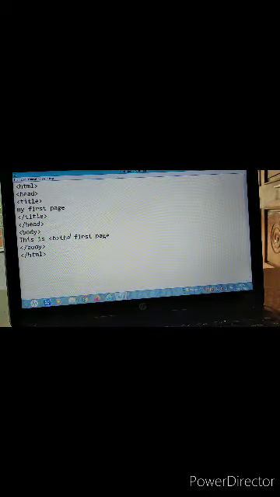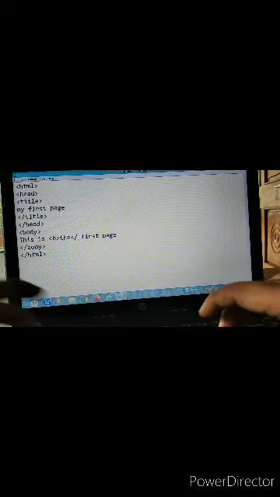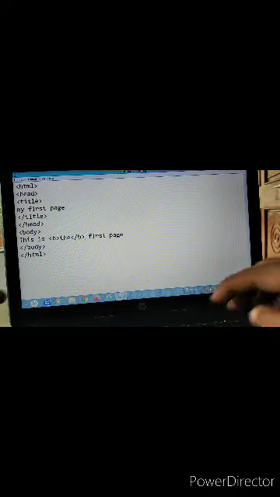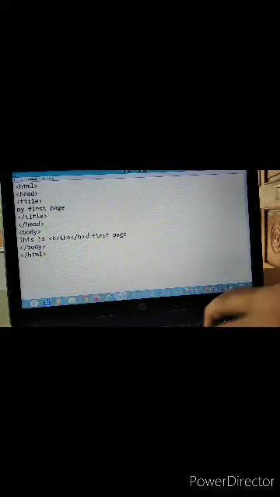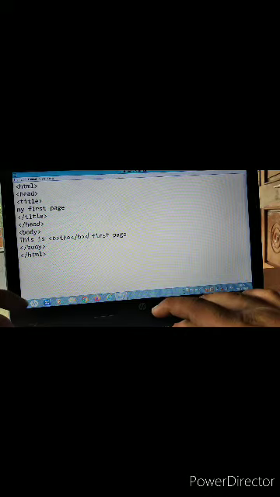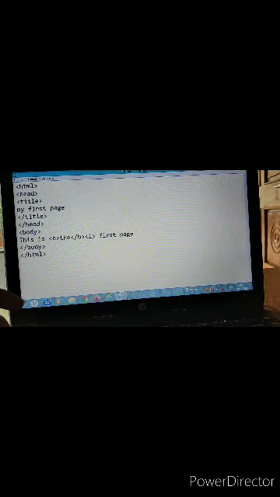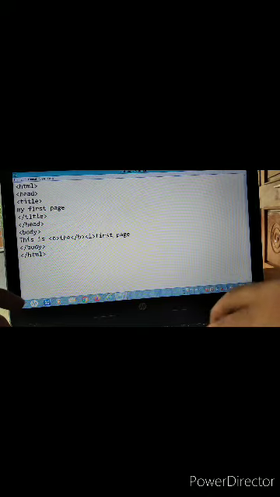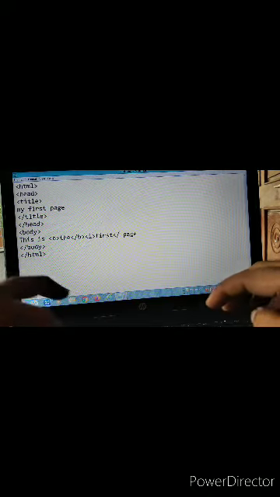Just put the B tag before the word, and I am going to close the B tag. Before the word first, I am pressing the I tag, and then closing the tag with the slash.